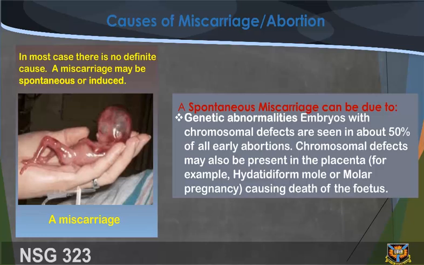Causes of miscarriage or abortion. In most cases, there is no definite cause. A miscarriage may be spontaneous or induced. A spontaneous miscarriage can be due to genetic abnormalities. Embryos with chromosomal defects are seen in about 50% of early abortions. Chromosomal defects may also be present in the placenta,